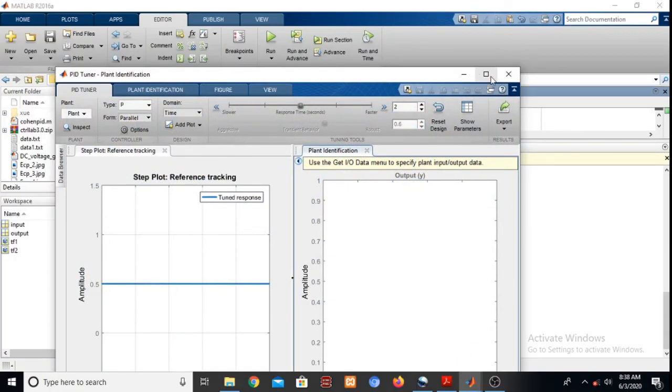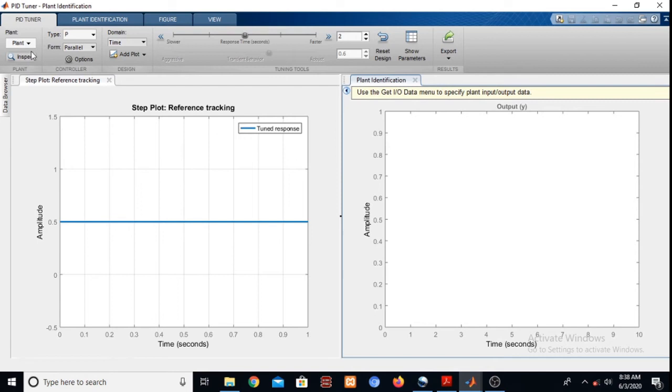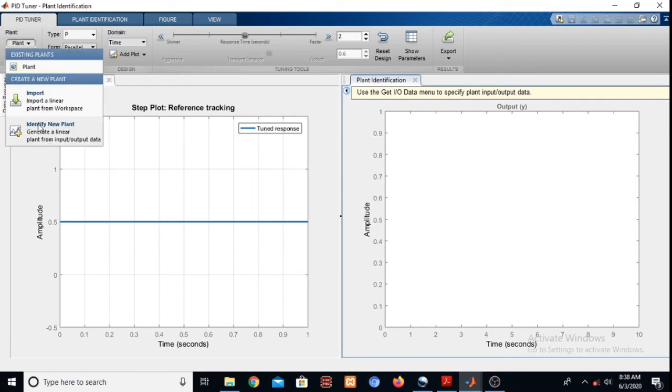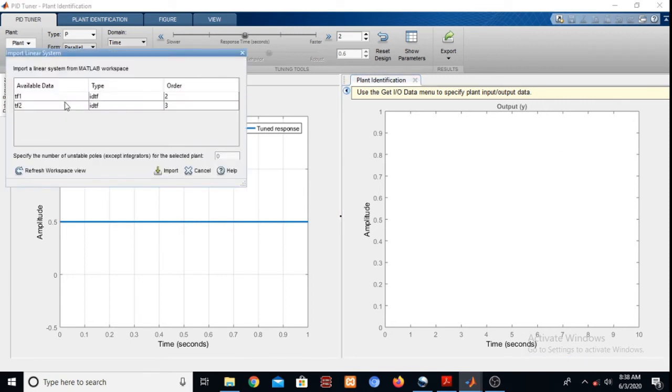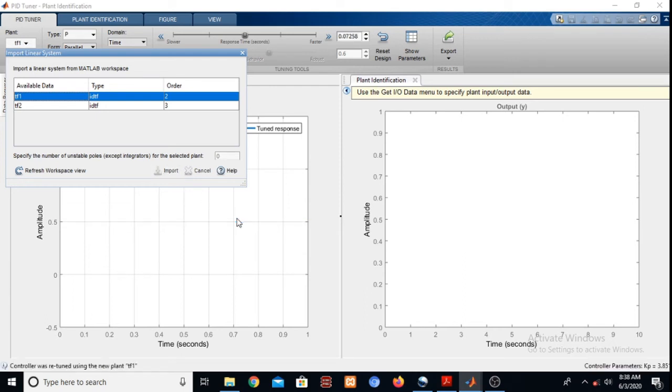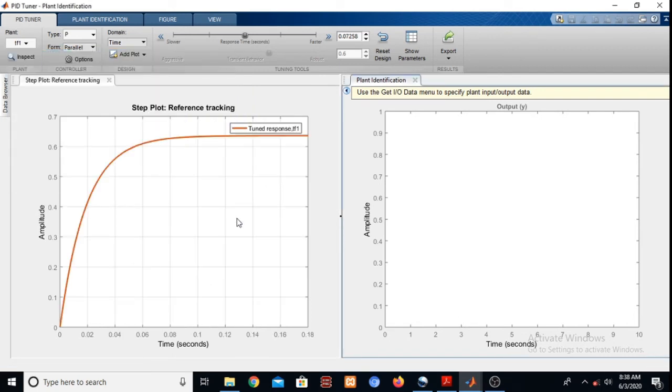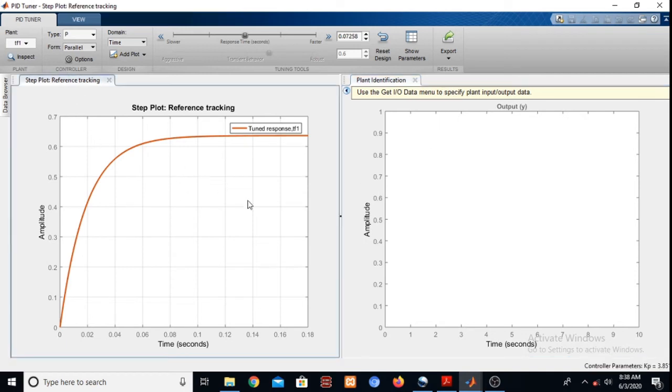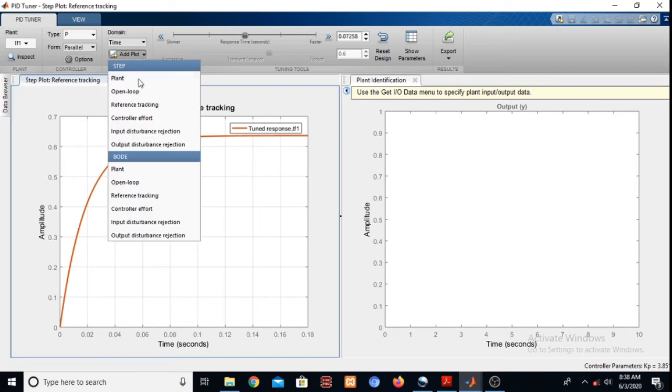Okay, so this is the PID tuner, and we'll select the plant from the workspace. So TF, we'll select TF1, import.